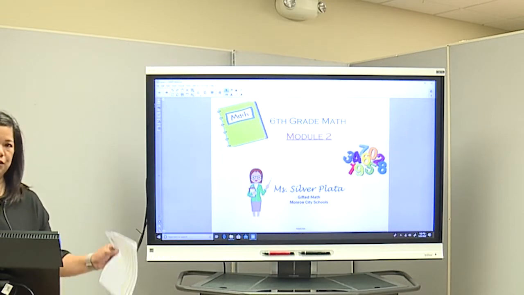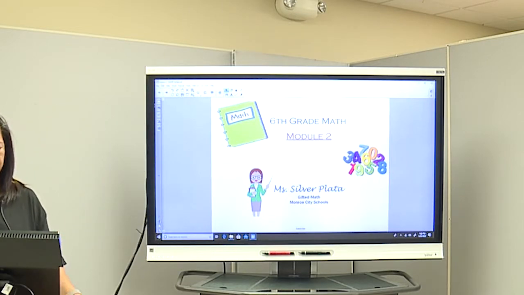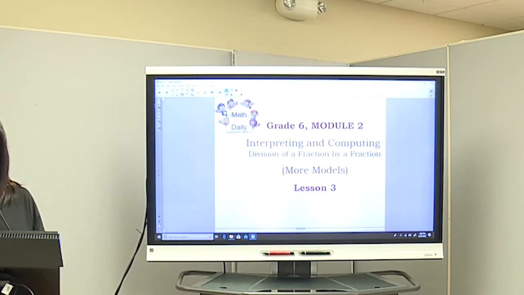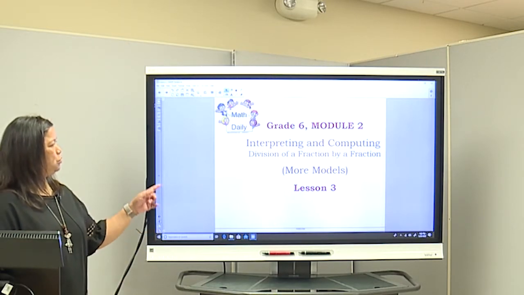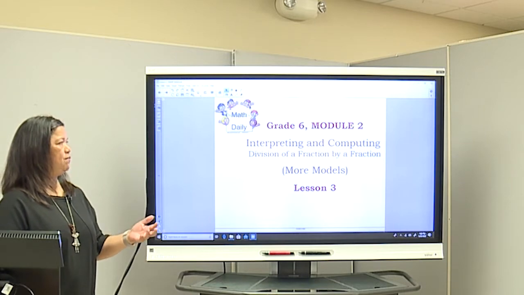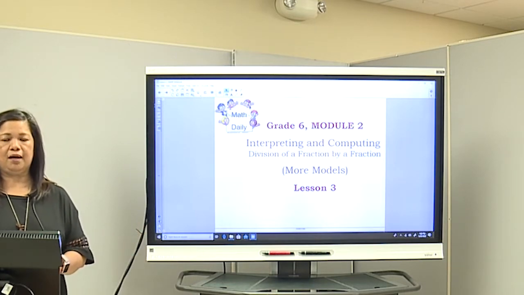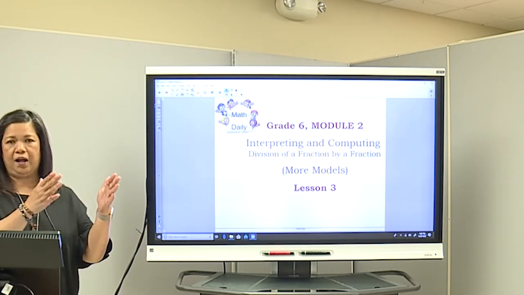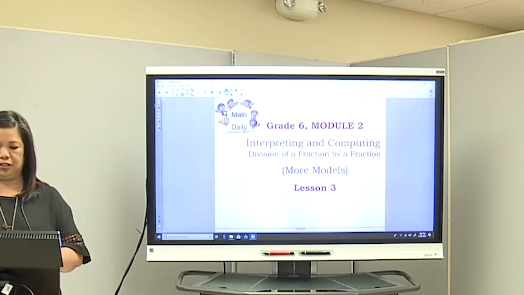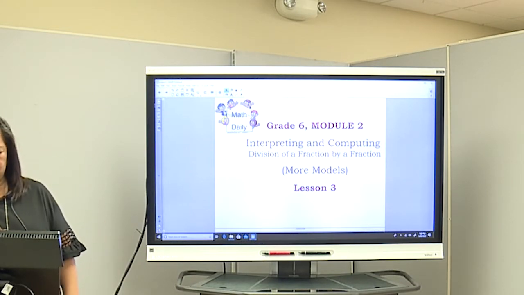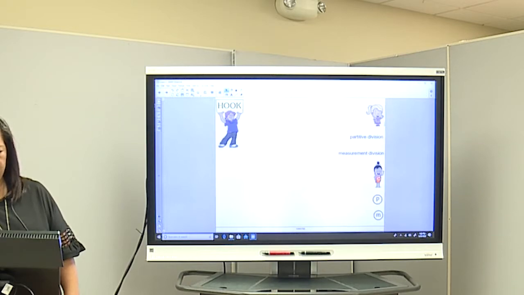Now make sure that you have your packets so that you can follow along with me. Lesson 3 in Module 2, we are going to interpret and compute division of a fraction by a fraction. So we are dividing a fraction by a fraction with more models. Okay, so beginning with